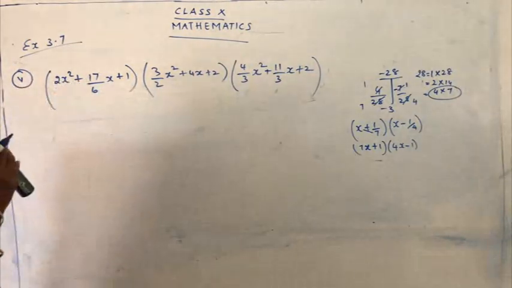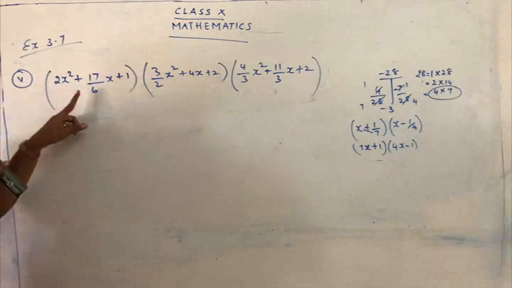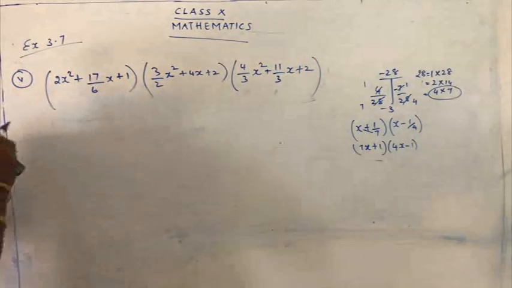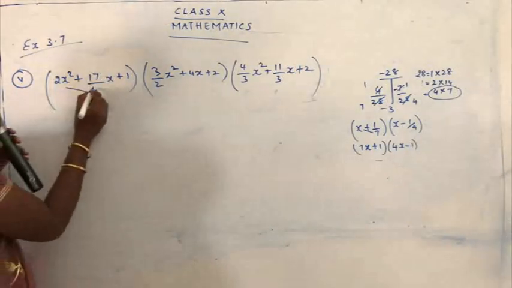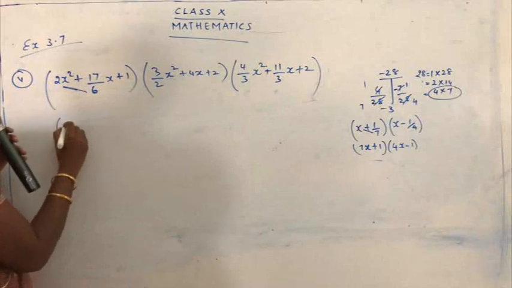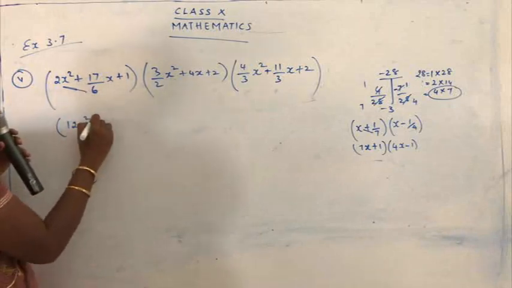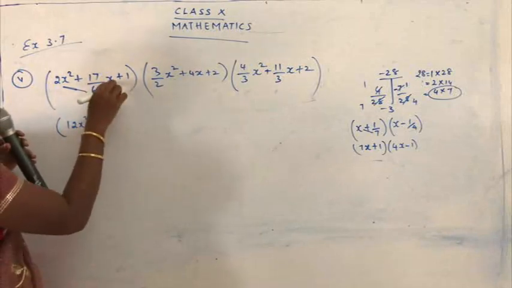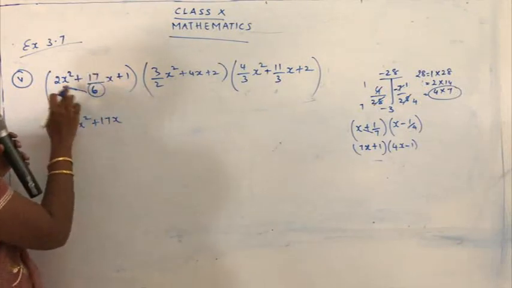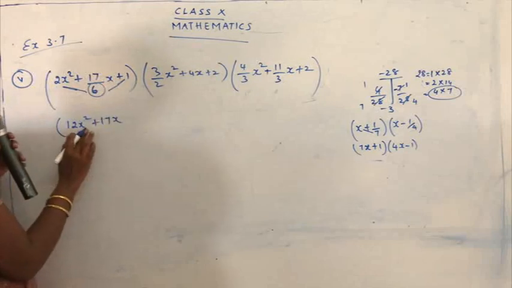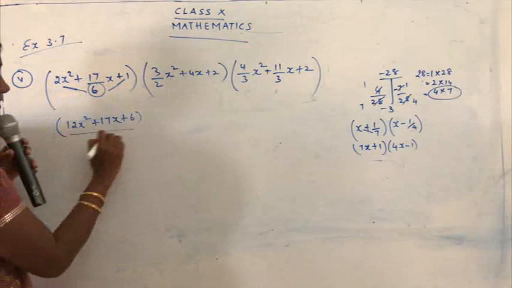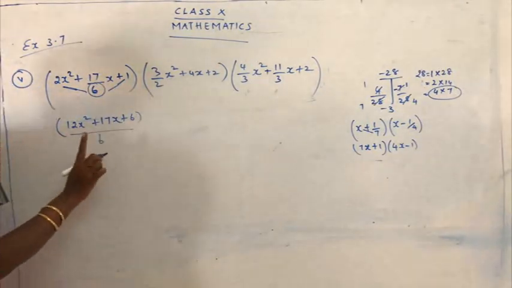So what we are going to do is, we are just going to take the LCM and convert in terms of a polynomial. So what do you get here, see? Here 6 is already present, so this term is not having the LCM, so we have to take the LCM. So what do you get here? 12x square plus 17x, because here 6 is there, so do not multiply by 6. Just for this term you have to multiply. So 12x square plus 17x plus 6, done. Upon 6 is left. Okay children, so just keep the 6 as it is.